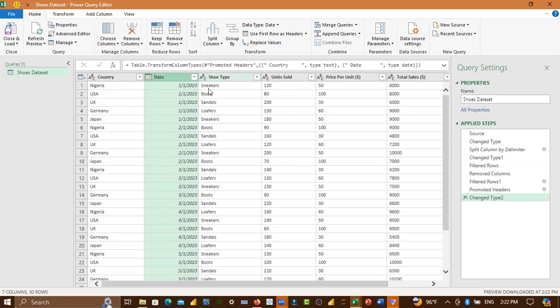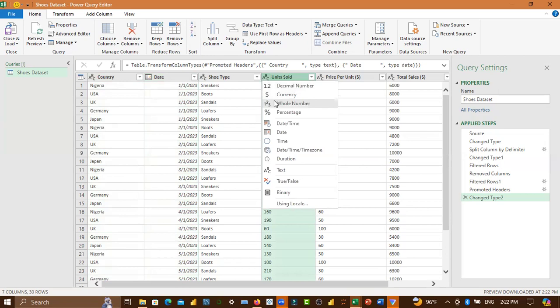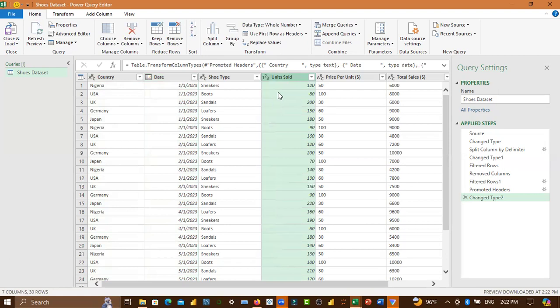Shoe type is in text, so it's expected to be in text, which is correct. Unit sold is in text, so this data type is very, very wrong. It should be numeric, and the numerics should be whole number because there's no 1.5 shoes. There's no 2.5 shoes. So everything here is expected to be in whole number. So put it in whole number because